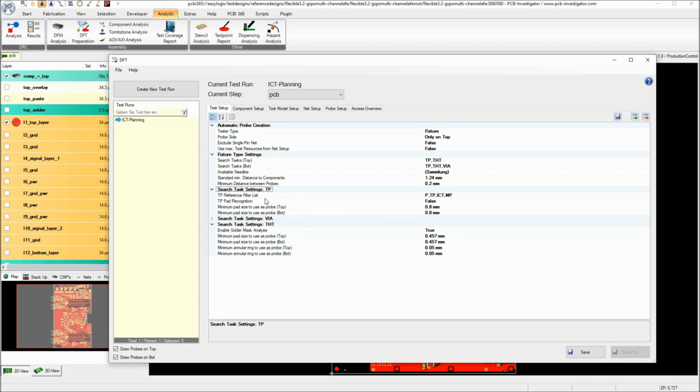So first of all, how should PCB-Investigator recognize that a component is a test point? That mostly works by the reference designator. So you just enter possible reference designators. It must start with P or with TP or with ICT or with MP. But you can also enter your own if you have special